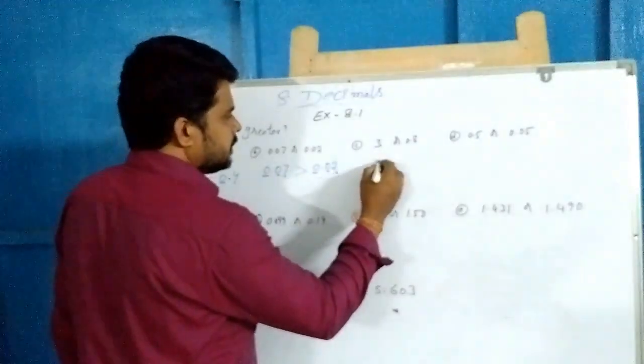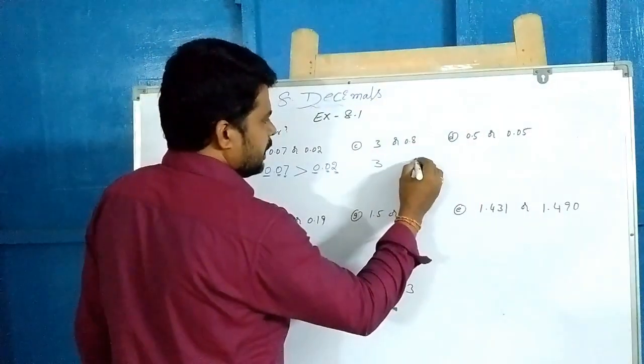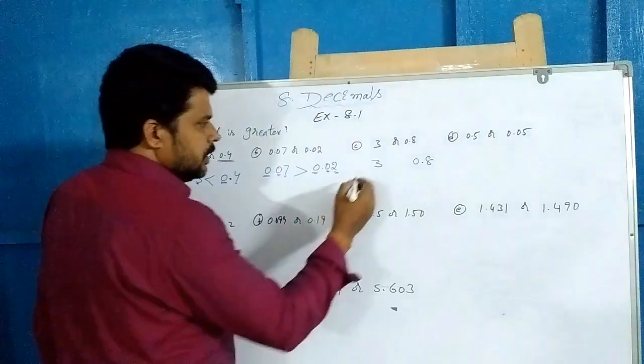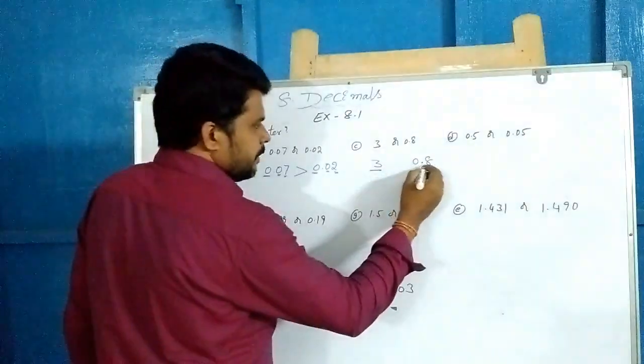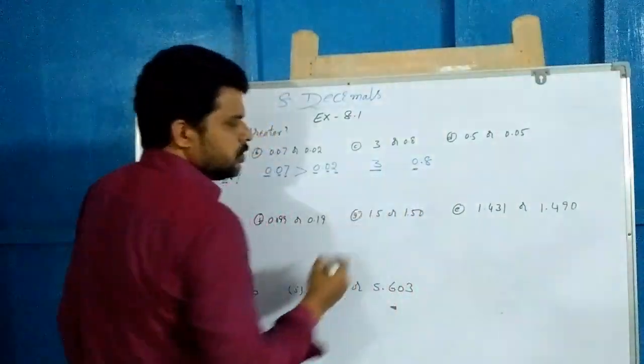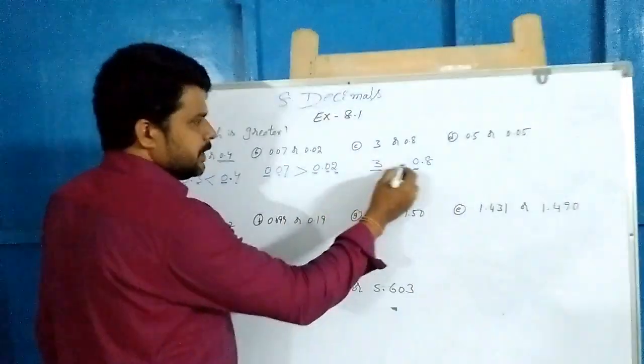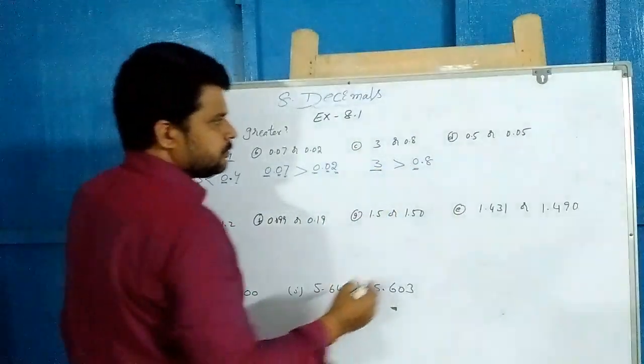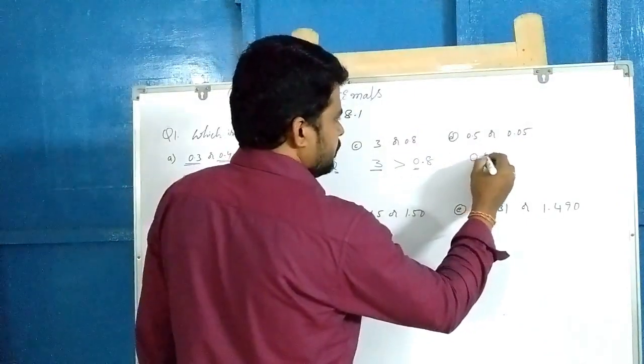See now, the next sum: 3 and 0.8. 3 is the whole number. In 0.8, 0 is the whole number. So compare 3 and 0, 3 is the bigger one. So put greater than there. Next, D sum: 0.5,